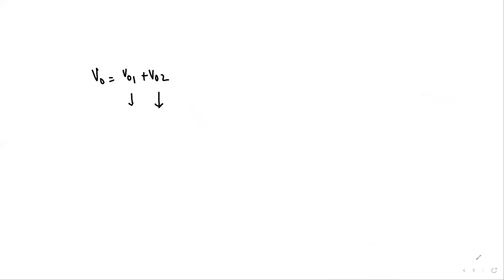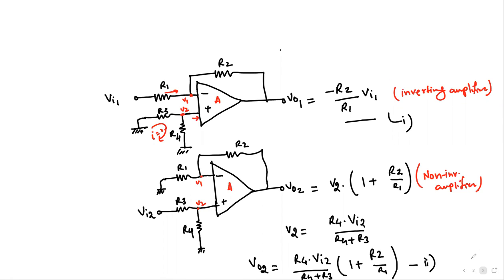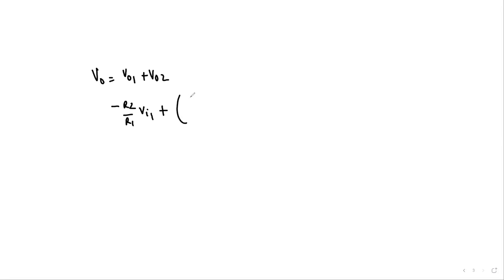Let's calculate it. This is minus R2 over R1 Vi1 plus, this is the expression, 1 plus R2 over R1 times